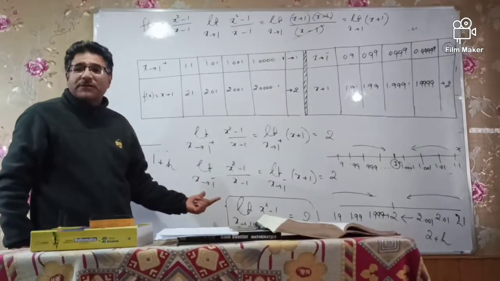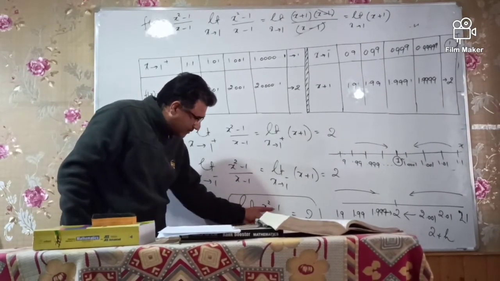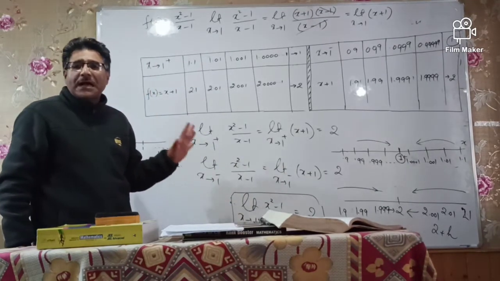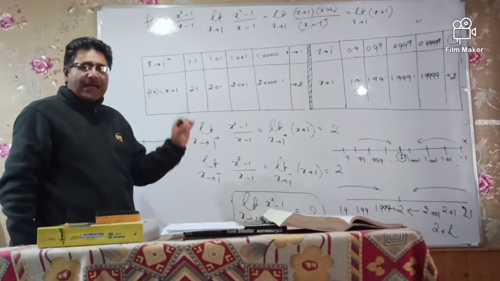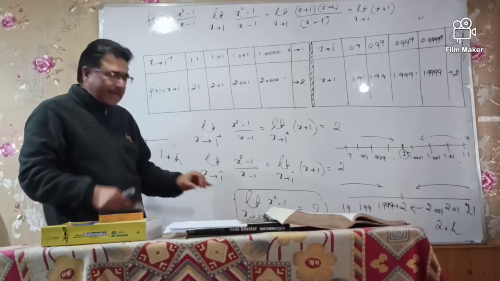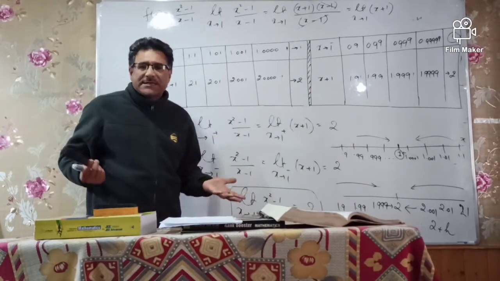What is the actual value of the function? Actual value possible नहीं है, क्योंकि जब हम x का value 1 लगाते हैं, it becomes 1 - 1, 1 - 1, it becomes 0/0. इसलिए जिन फंक्शनों का actual value possible नहीं है, उन फंक्शनों का हम लिमिट निकालते हैं। आगे जाकर अब मैं बताऊंगा कि इस एग्जाम्पल को हम एक दूसरे तरीके से कैसे सॉल्व करेंगे।